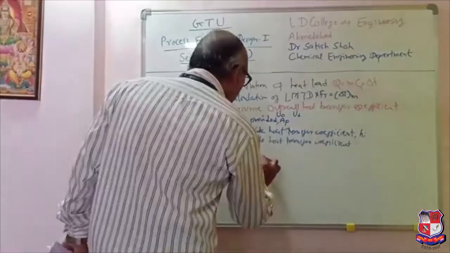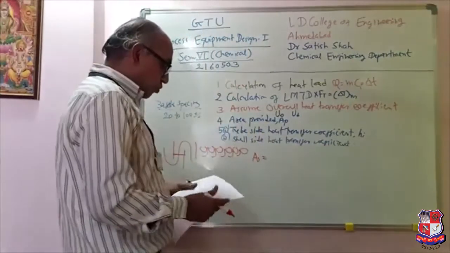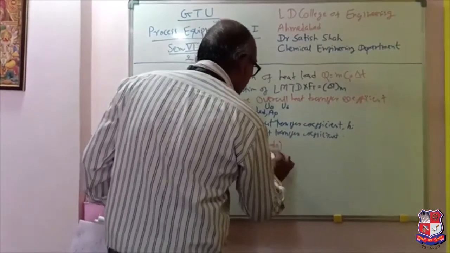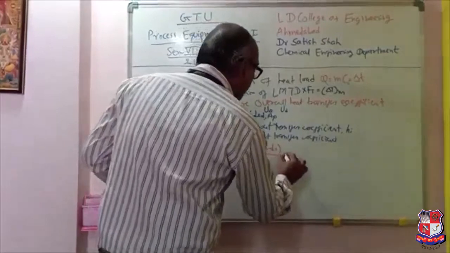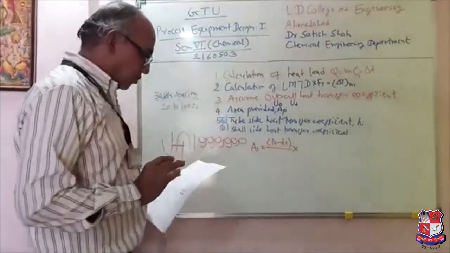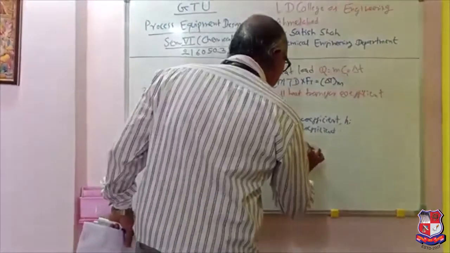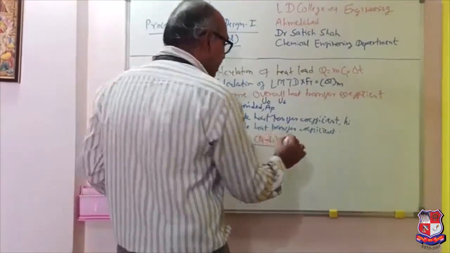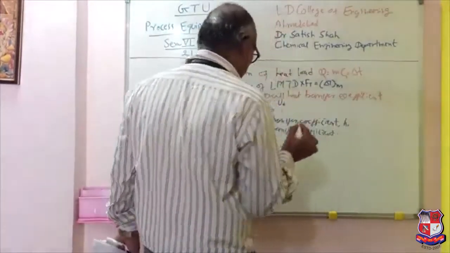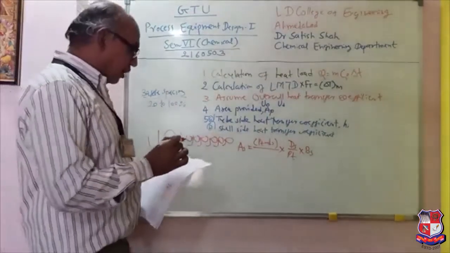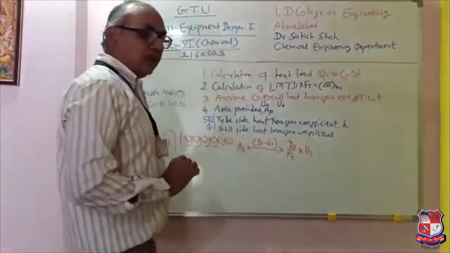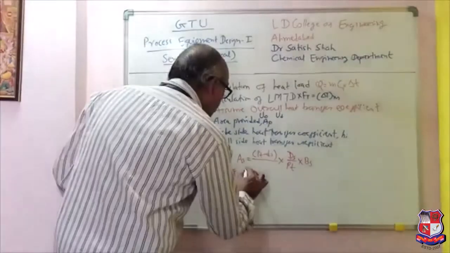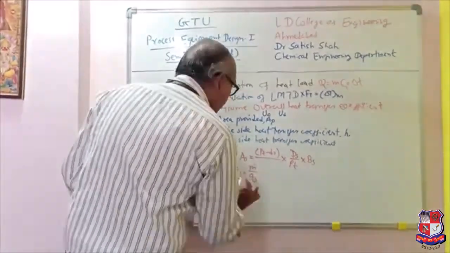If you write down the formula, it will be AS equals PT minus DO upon PT, that is the clearance, into DS by PT, that is the number of clearances available, multiplied by the baffle spacing. This way you calculate the cross section area available for the shell side flow. You can calculate GS, that is equal to M by AS.